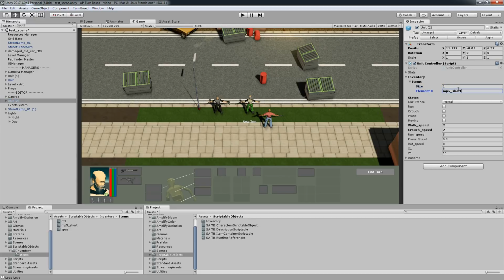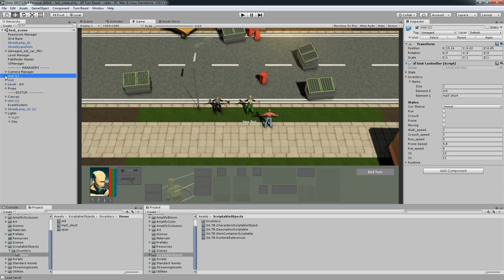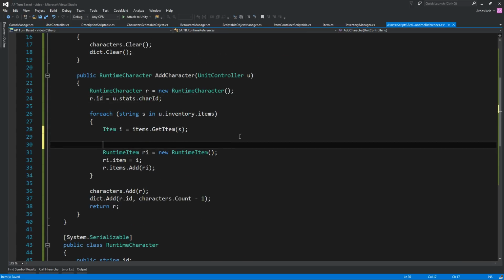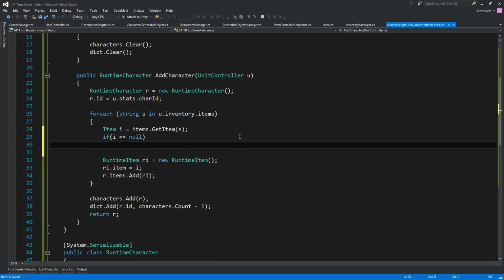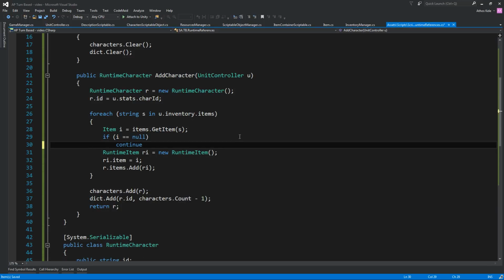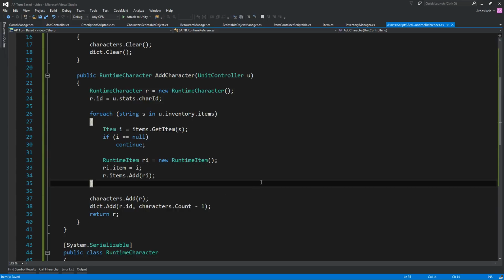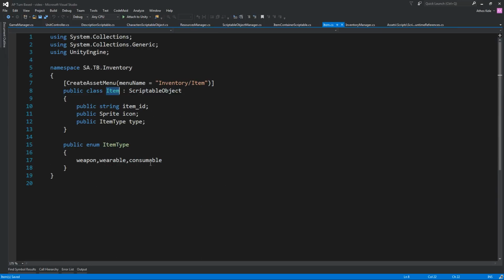Let's add this on this guy, MP5 short, and let's do over here, and this will bring into our attention one more thing, which is if I is null, just keep this one. Okay, don't do anything, it's not an item, you cannot find it, so ignore it. So let's go right into the item again. We have the type, and